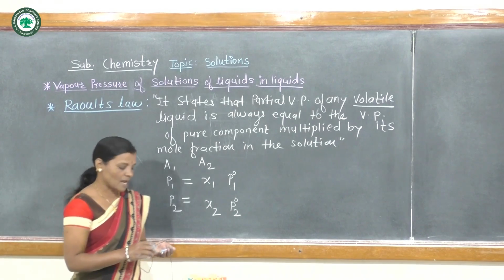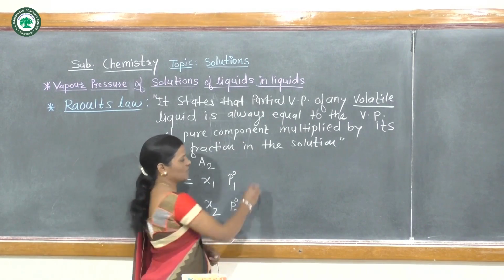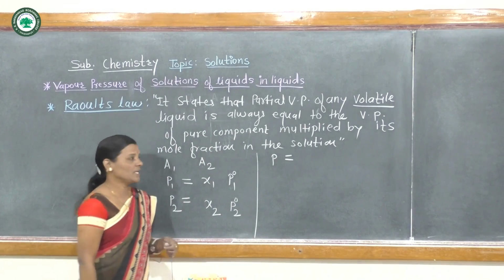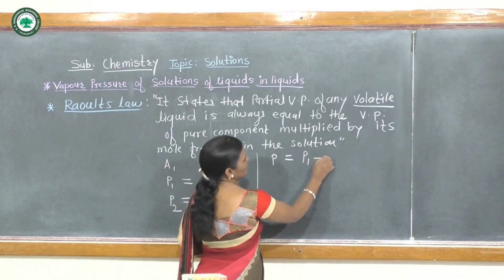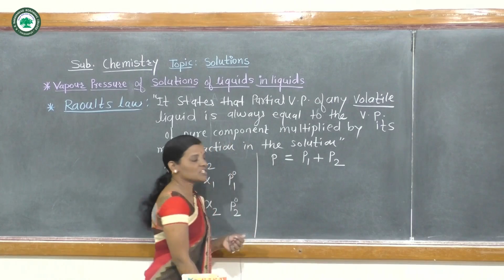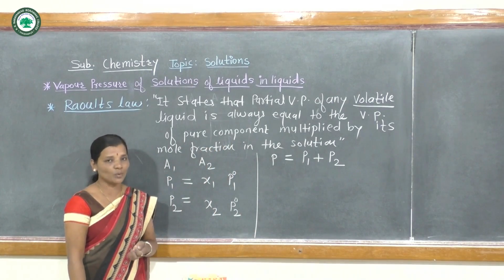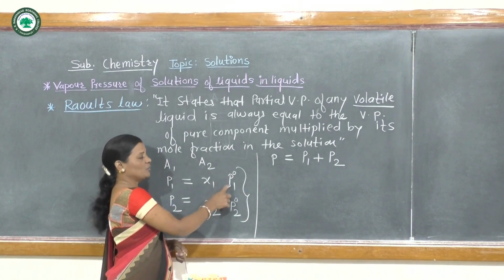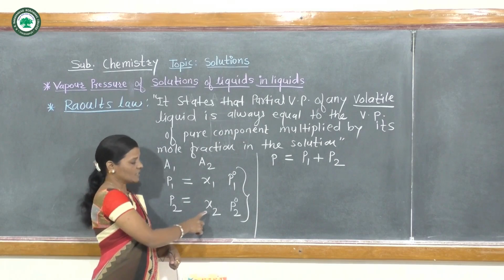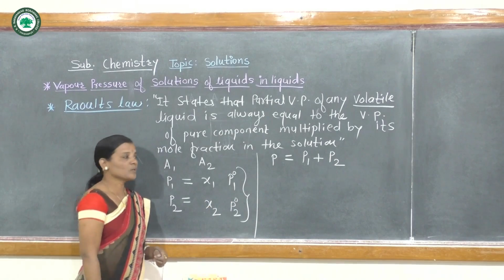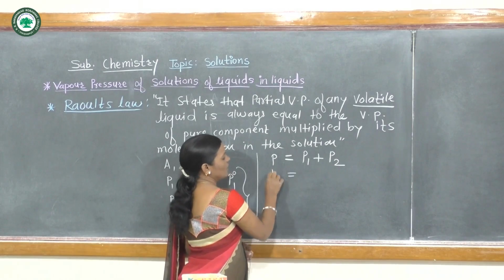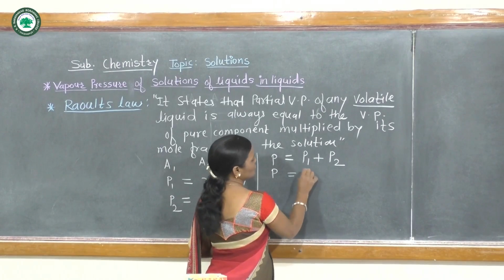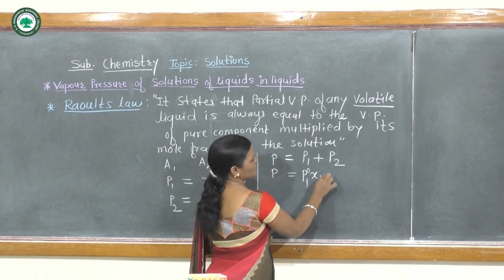Now, according to Dalton's law of partial pressures, we can write total pressure of the solution P is equal to partial vapor pressure of first component plus partial vapor pressure of second volatile component. And here we have P1 equals X1 into P01 and P2 equals X2 into P02. By using these values in the above equation, we will get total pressure of the solution. So here P is equal to P01 into X1 plus